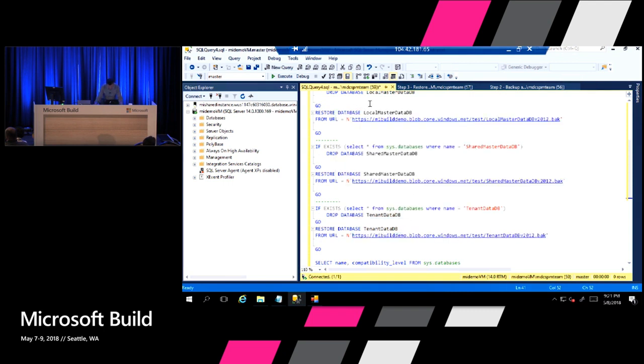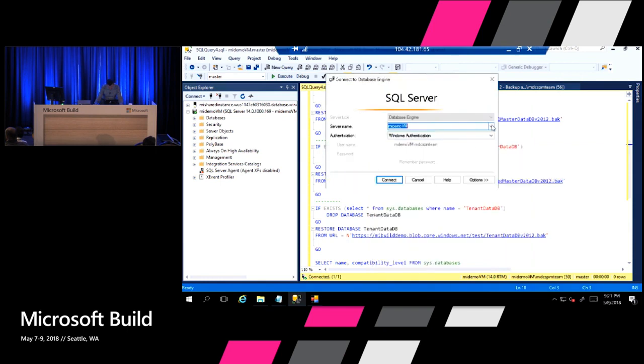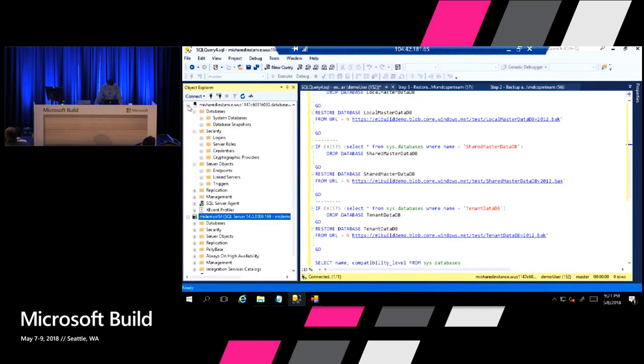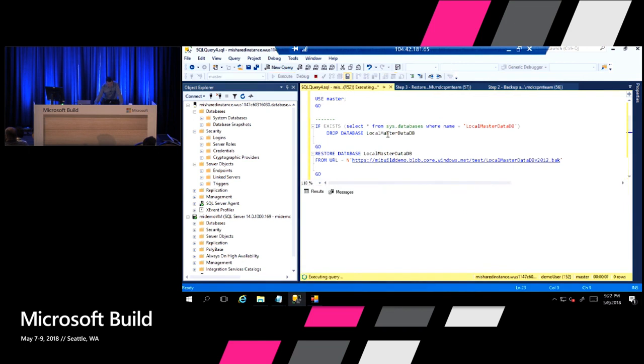So I need to make sure that I'm executing this against the managed instance. My managed instance here, you can see, has 0 databases, and I'm running the script to restore these databases. Unique, extremely unique to managed instance is this restore capability. It'll take some time to restore.